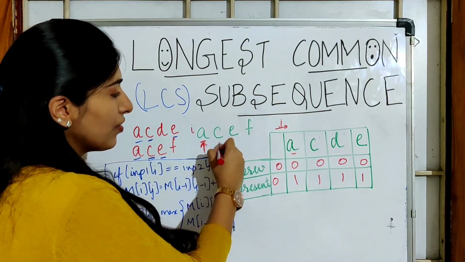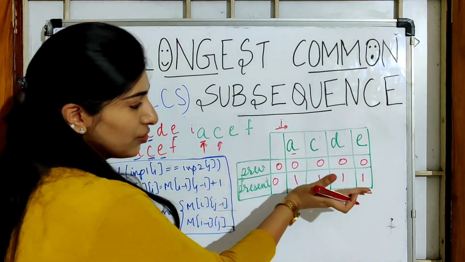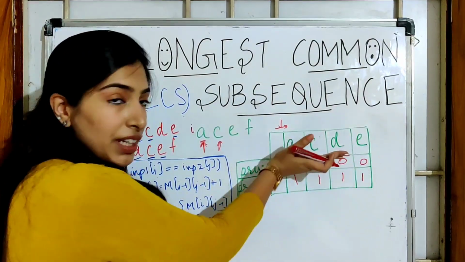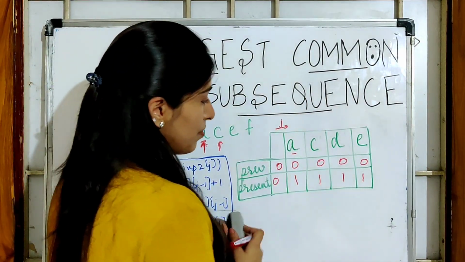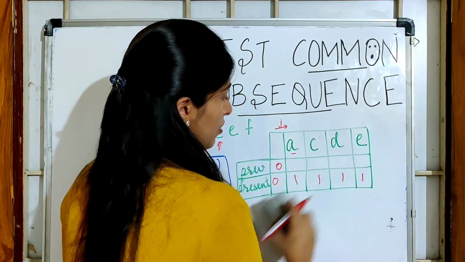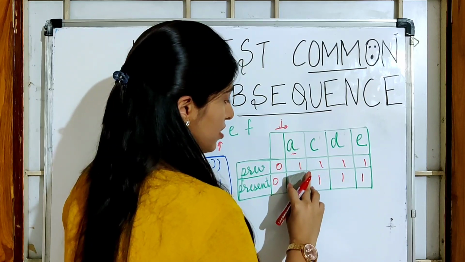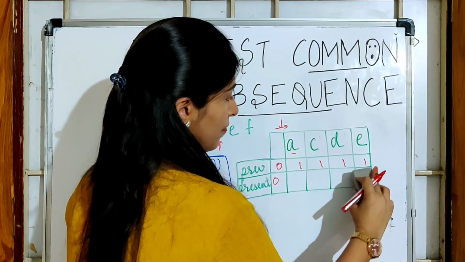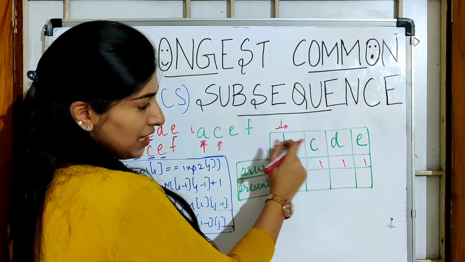Okay. Now when we have to find our answer for the next row, what we are going to do is use this as our previous, and now we are going to find the present one. So we update our previous to 1, 1, 1, 1, and we have to find these values. Note that this will always be 0 because this means that this string is blank.